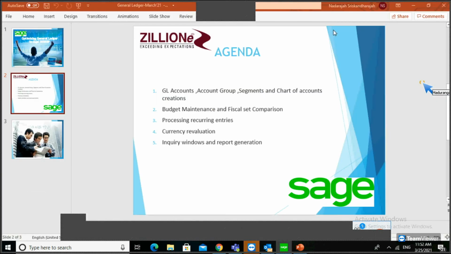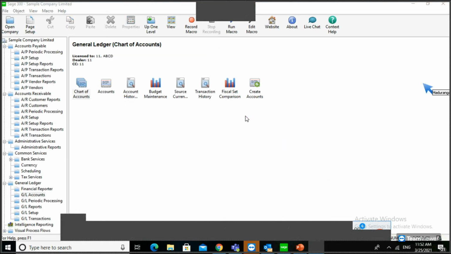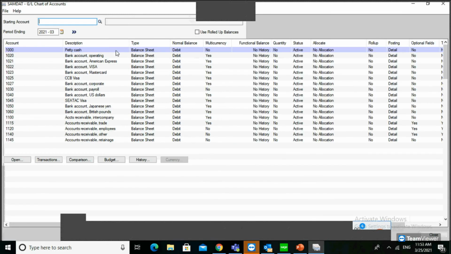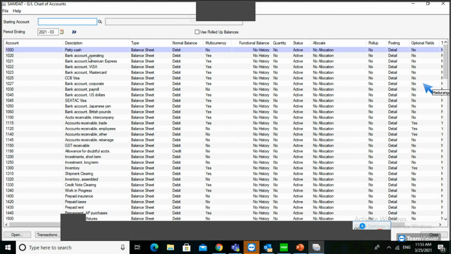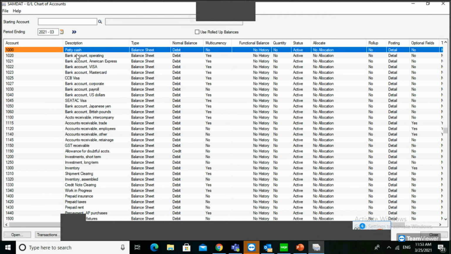From here, chart of account. This is giving the list of chart of accounts, the accounts we implemented when importing the chart of accounts during implementation. You can see the chart of account number here and the description.